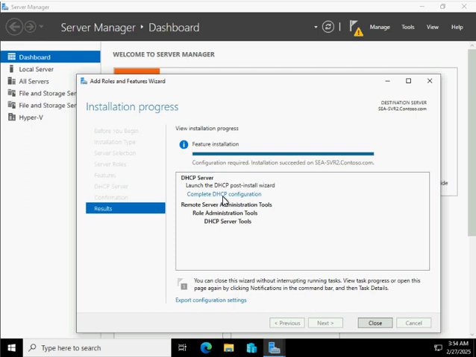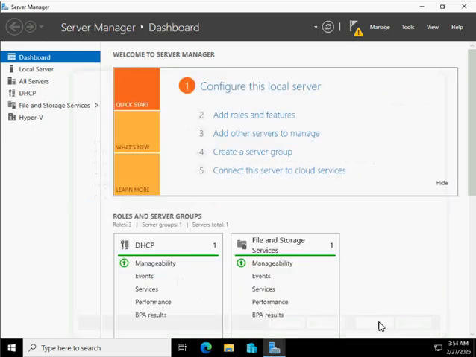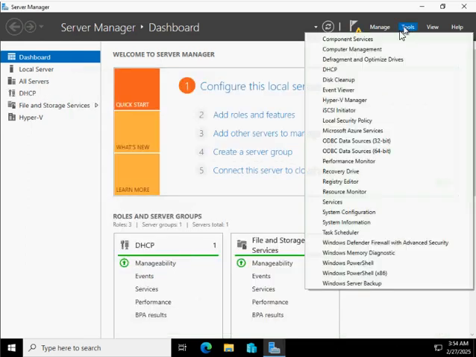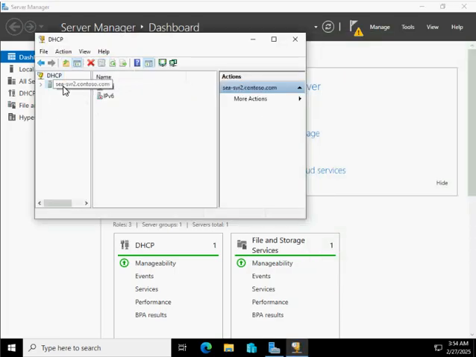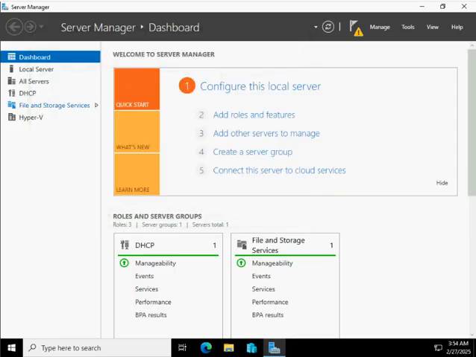So you should not click on this. The role is installed. You can check the DHCP service is there, but it is not in an active state because we have not completed the authorization. So now we have to go back to Server 1 again.